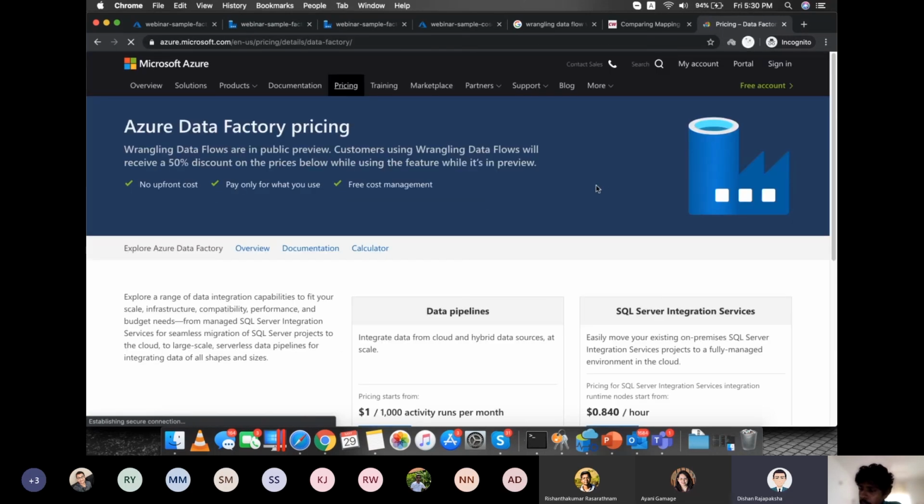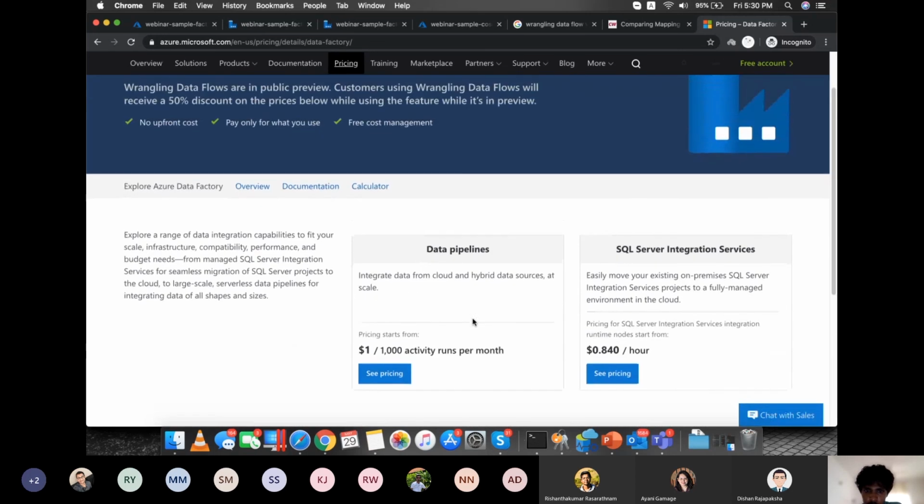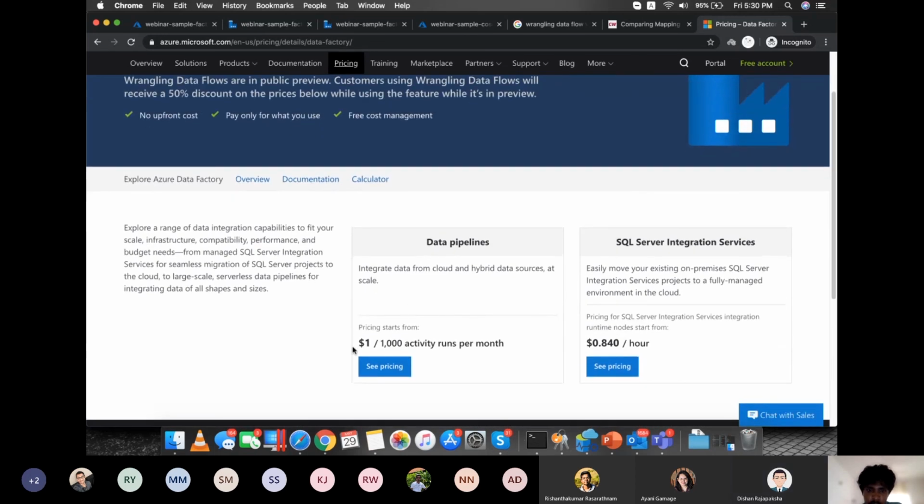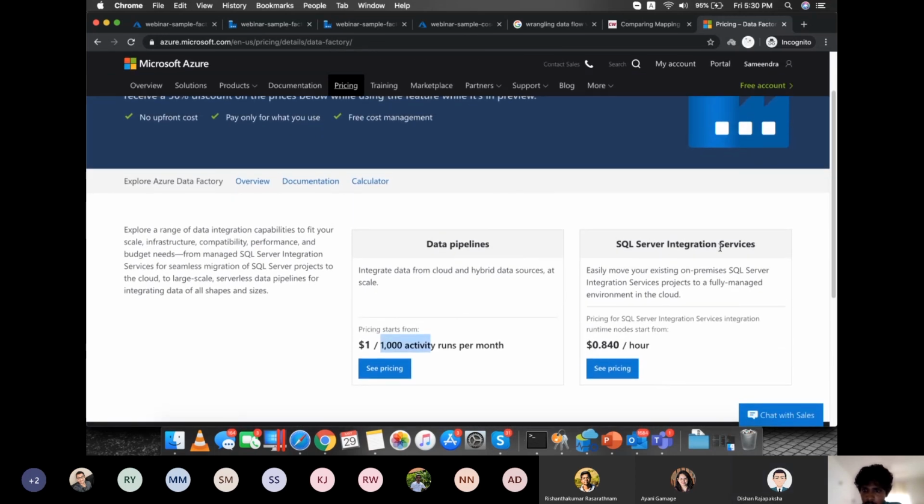What actually costs is not the pipeline runs, but the integration uptime. It's actually a computing instance that spins up for these pipeline runs. So you can have 1,000 activity runs per month per $1, and for